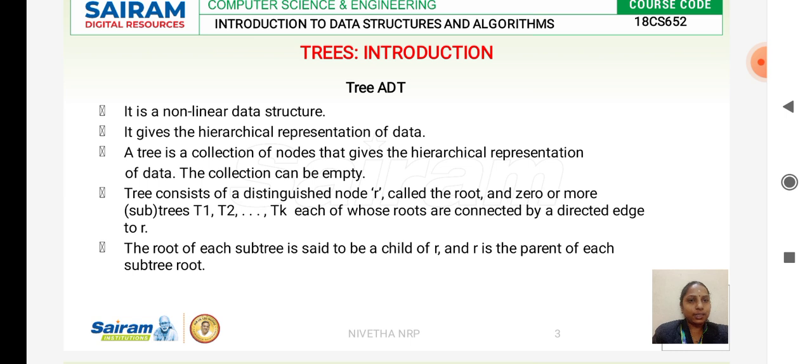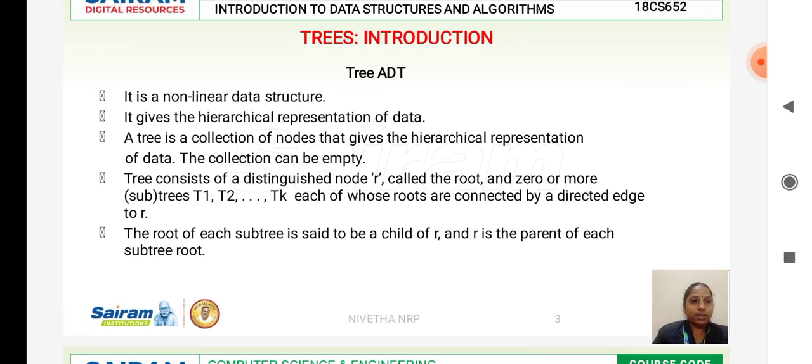Tree is a non-linear data structure, and here we don't have a sequential arrangement of data. Instead, the data are hierarchically arranged in the tree ADT. It is a collection of data representing a hierarchy. Since it is similar to a tree, just as a tree consists of a root, here we also have a root, nodes, subnodes and children, which will be discussed now.